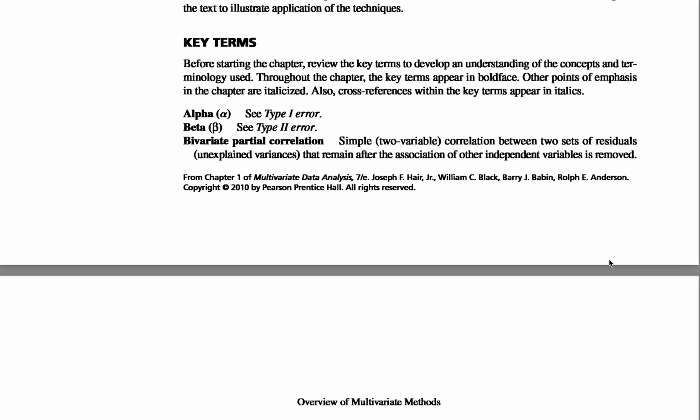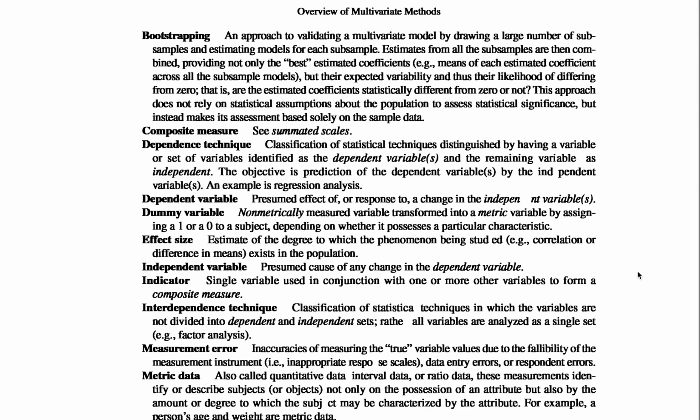Bivariate partial correlation, simple two variable correlation between two sets of residual unexplained variance that remain after the association of other independent variables is removed. This is chapter 1 of multivariate data analysis, and this chapter I have taken from Joseph Hair's book. Let's talk about bootstrapping, an approach to validating a multivariate model by drawing a large number of samples and